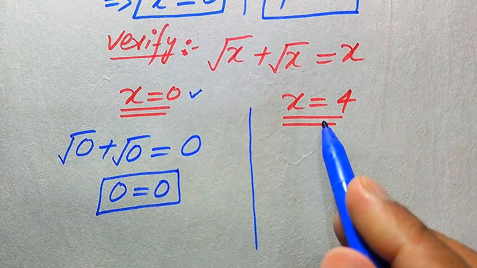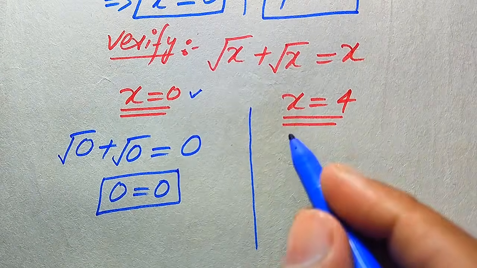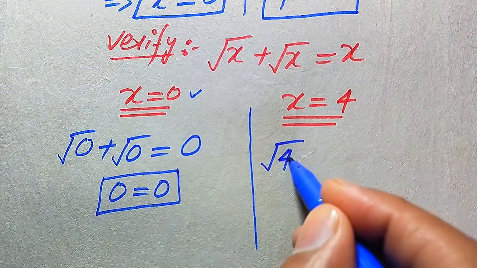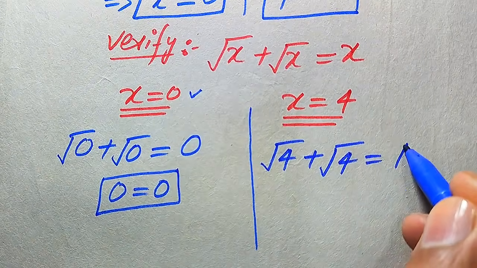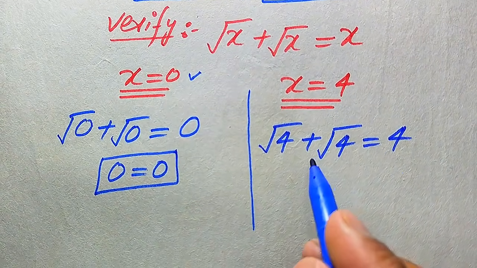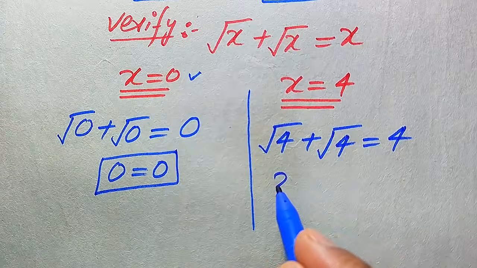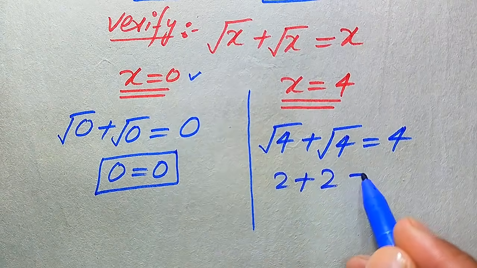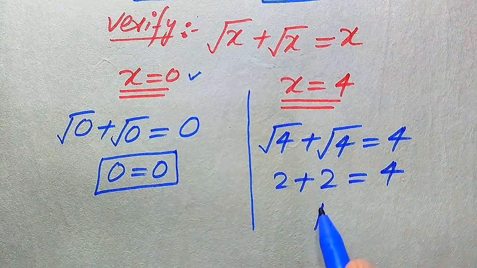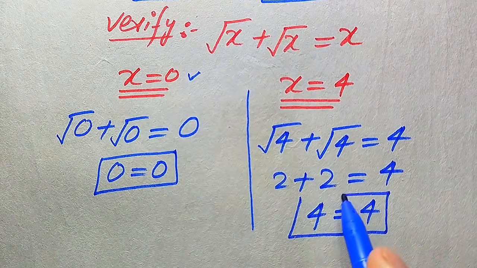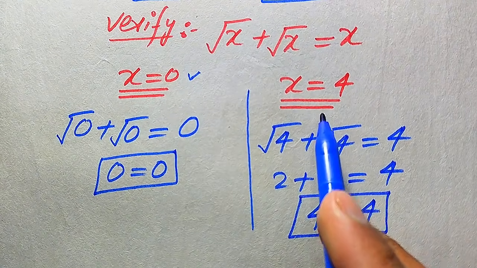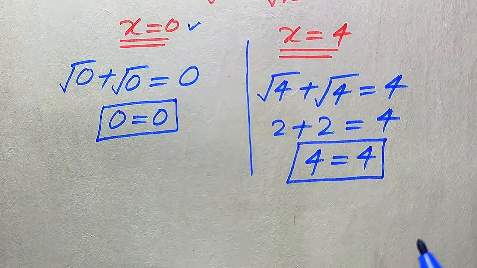Now we need to verify the other value of x, and we put this value on both of the sides. It becomes square root of 4 plus square root of 4 is equal to 4. Here you see that square root of 4 becomes 2, plus square root of 4 becomes 2, is equal to 4, and we obtain 4 equals 4. This also shows that both of the sides are equal. It means that the second value of x also satisfies our